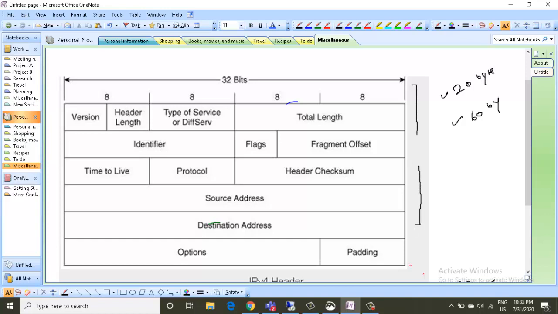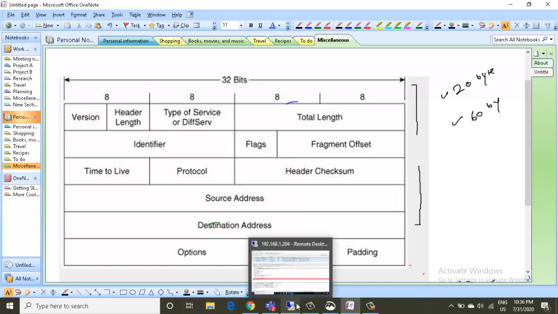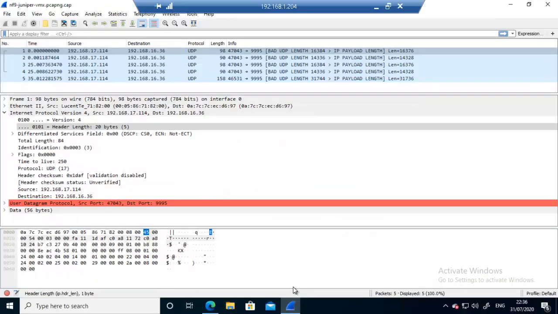Another requirement for the IP header length is that the receiving end needs to know the size of your header in the datagram. A datagram is nothing but the header plus your payload, which we have discussed already. So the receiving end needs to know the actual size of your header and the actual size of your data. Let's have a look at the IPv4 header in Wireshark again.